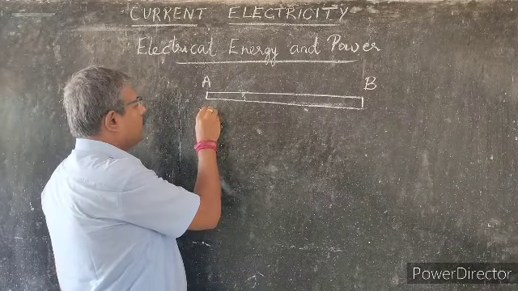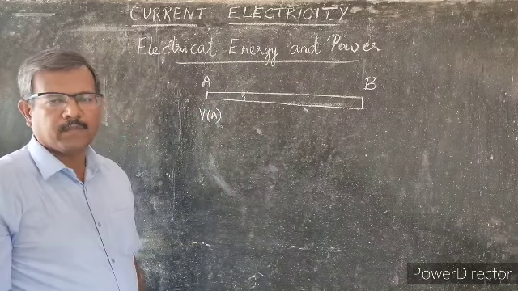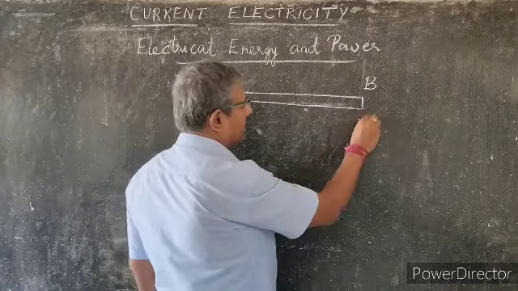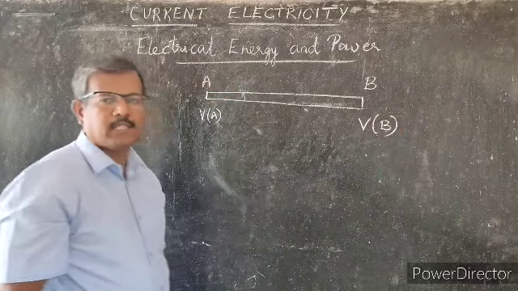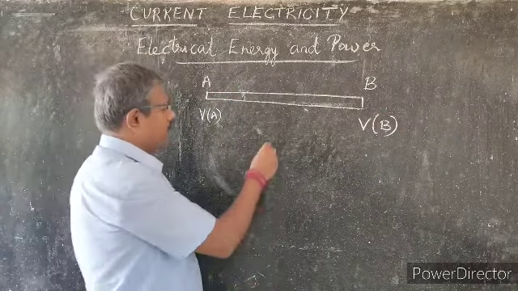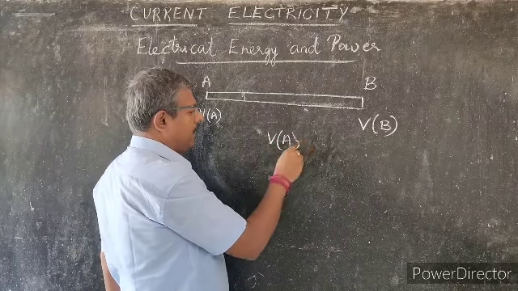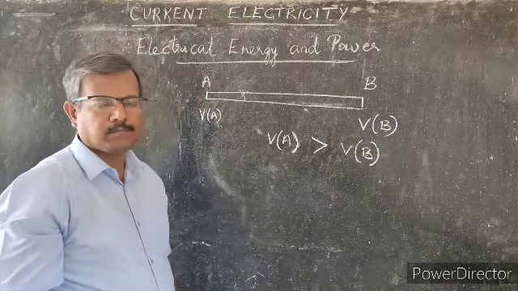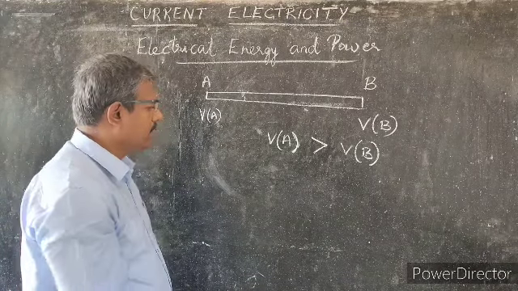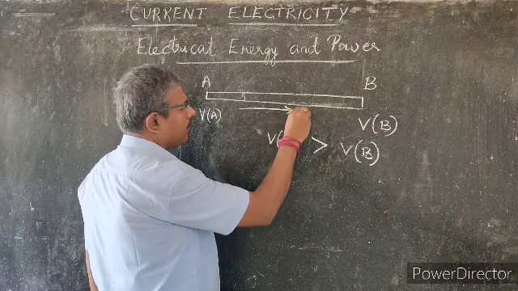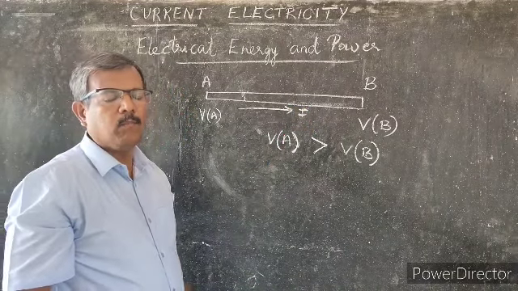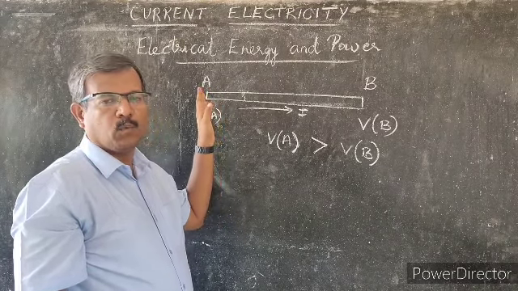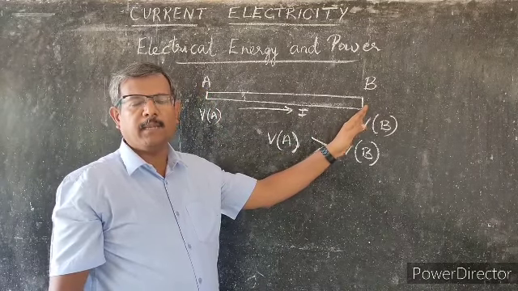So let's say VA is the voltage at point A and VB is the voltage at point B. The assumption we are making is VA is greater than VB, which means electricity will move from the end maintained at a higher voltage to the end B, which is maintained at a